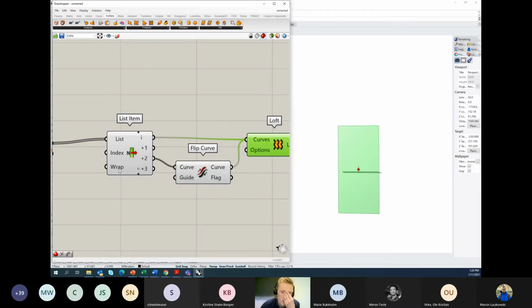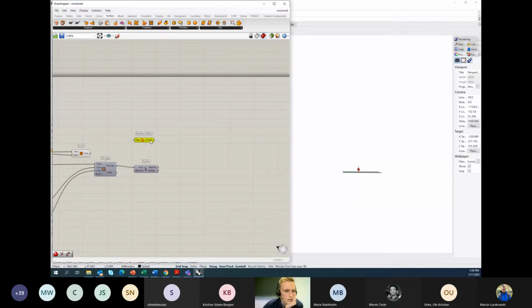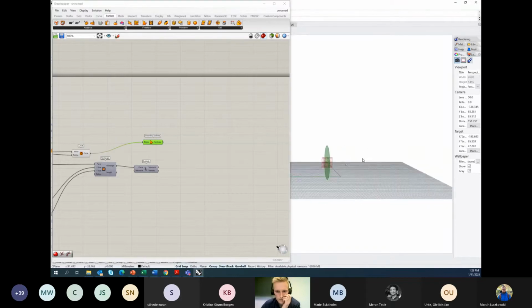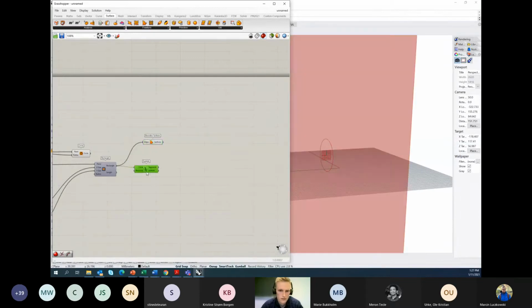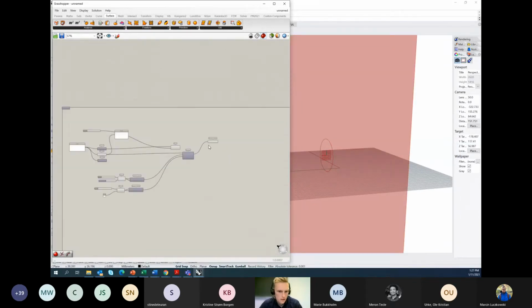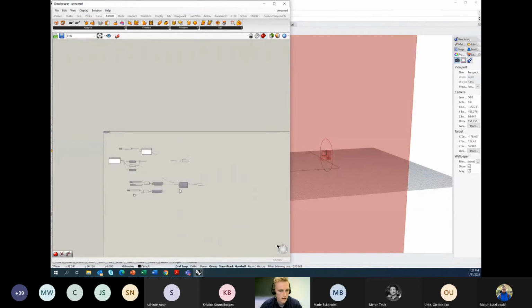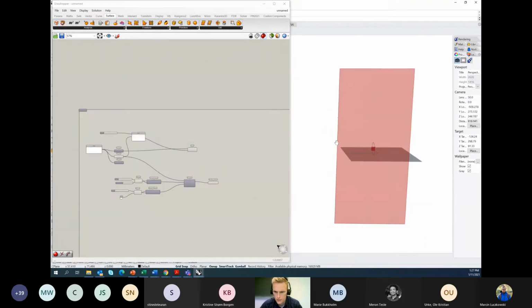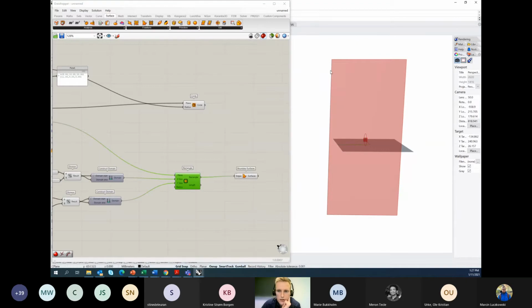So this is a little bit tricky if you're not familiar with Grasshopper. So I think we will just leave it there. And for now, we will just use this boundary surface, which is making everything a lot easier for you. So let's stay with the rectangle. And we'll show you one more cool thing that you can do with the boundary. So now we have just one boundary curve, which makes it